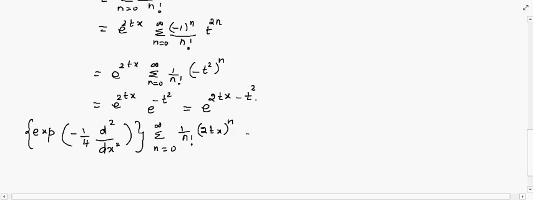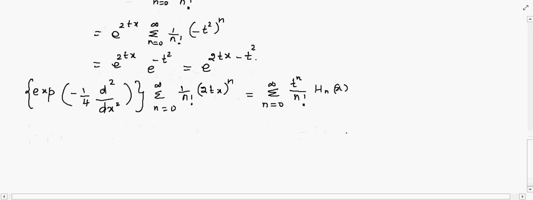It is nothing but sigma n equal to 0 to infinity t power n divided by n factorial into hn of x. Now equating the coefficient of t power n on both sides,